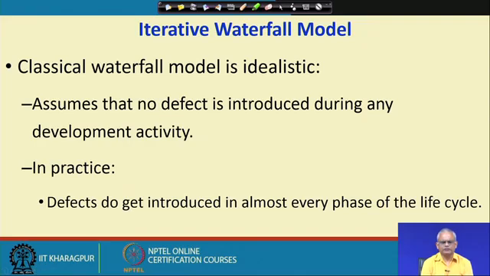Maybe a mistake will be discovered much later, and therefore, the classical waterfall model is idealistic, it assumes that no mistake is made or no mistake escapes a phase. In practice, there are many mistakes which are committed and escape that phase,